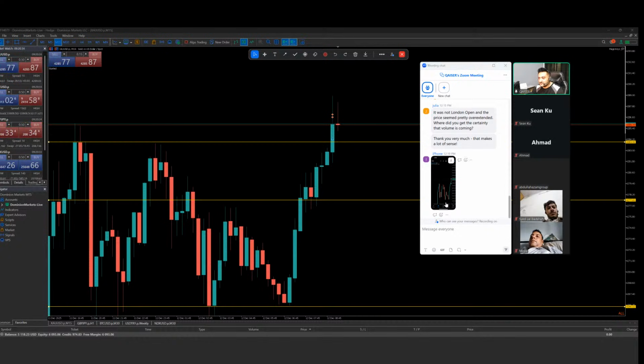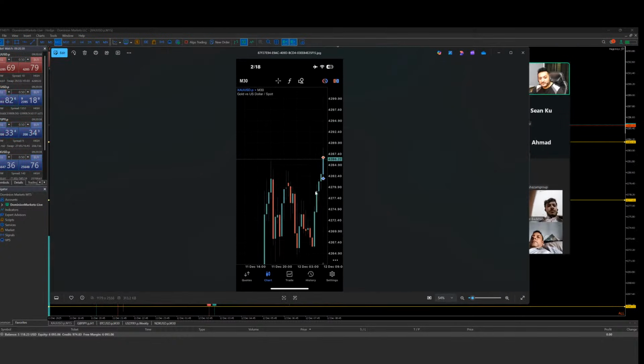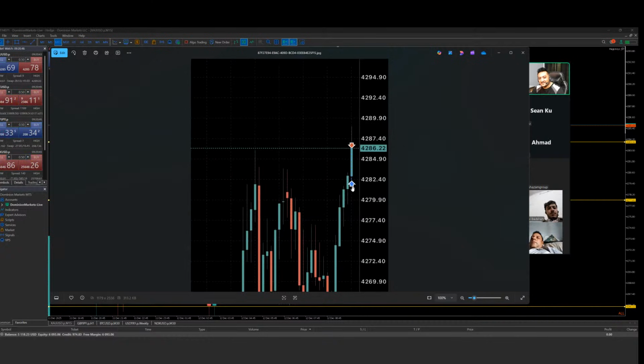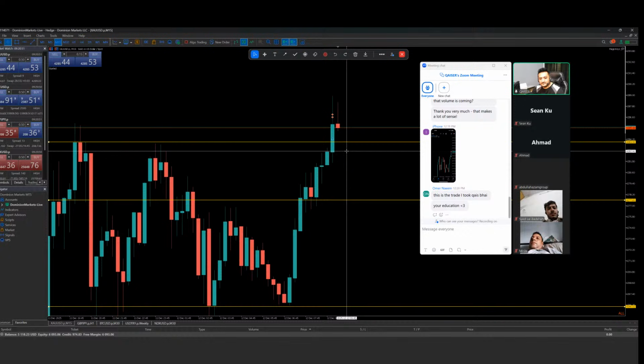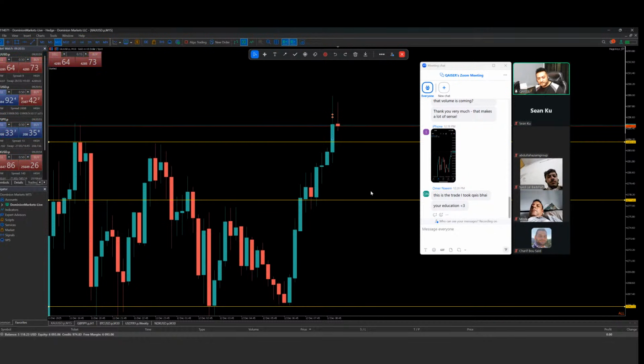So Mr. iPhone sent me the chart here. Okay, wow, beautiful. This guy used a dynamic risk. Look at his entry actually. Very confident that the market will keep pushing, and it tried to predict the market. But beautifully done. Very nice. Very, very nice. This is a trade I took as per your education. Okay, thank you so much. I hope everyone took the same execution.